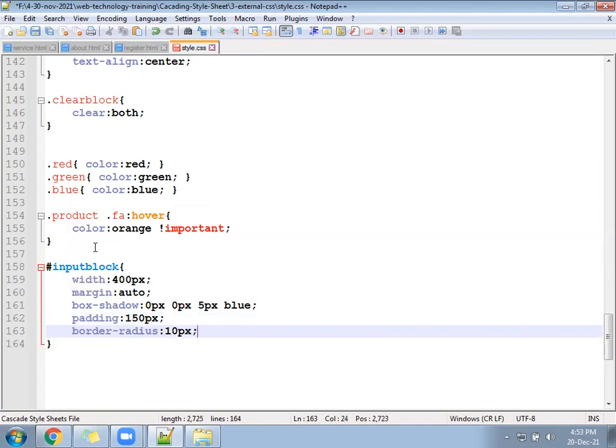There will be a little curve, not much curve. A small curve will get applied on that. It will look better.